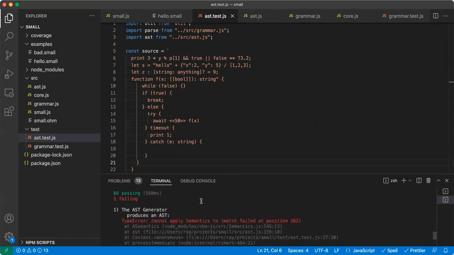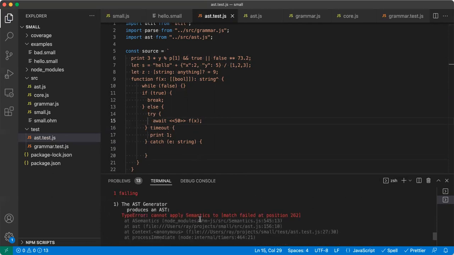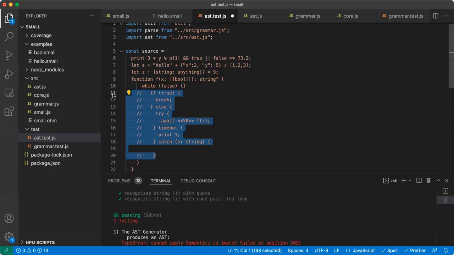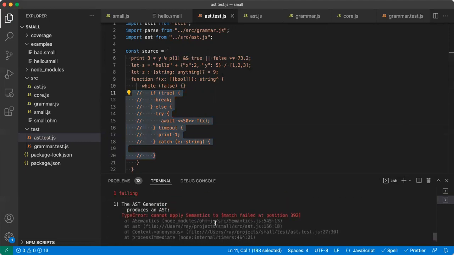Still got a problem. Position 262. See that? The error messages aren't too hot, are they? Also 232. Oh my God, this could be anything. What's at line 262? Or sorry, position 262. Well, if I commented out this if, oh,